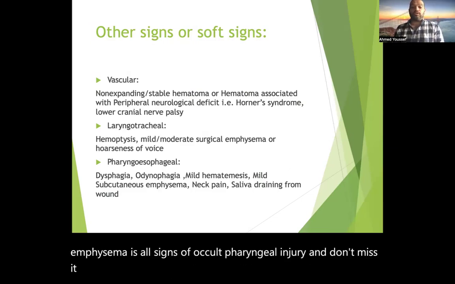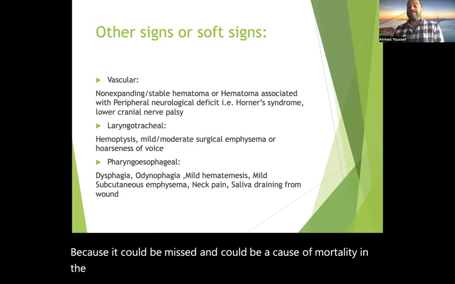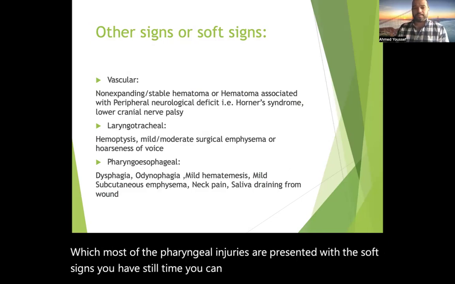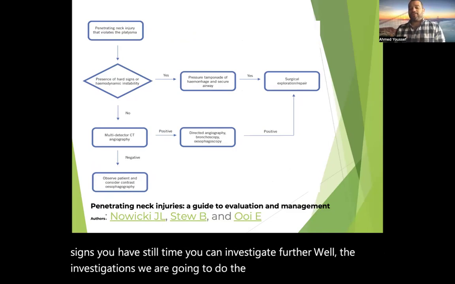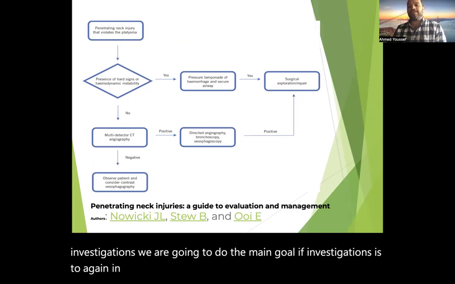Usually you have to search for it because it could be missed and could be a cause of mortality in the future. So if there are all of these signs, most pharyngoesophageal injuries present with soft signs, you still have time, you can investigate further. What investigations are we going to do? The main goal of investigations, again, in cases of soft signs, you have time. CT angio is a cornerstone